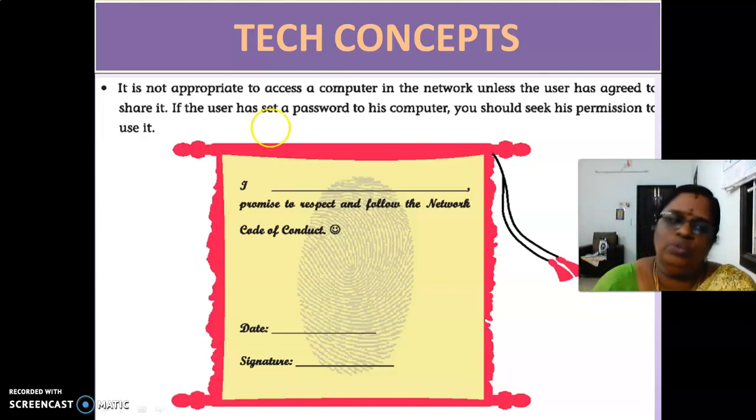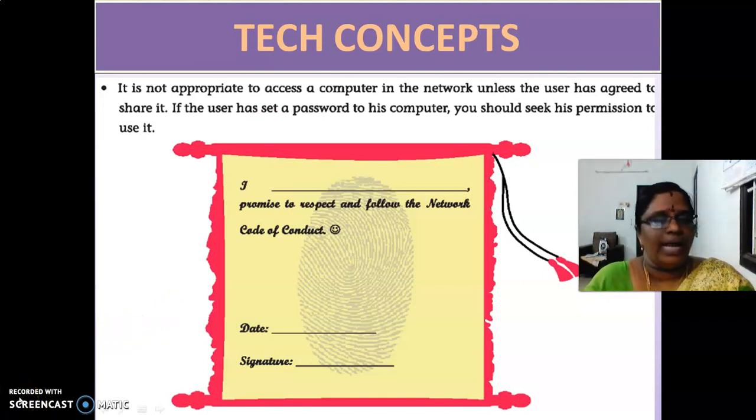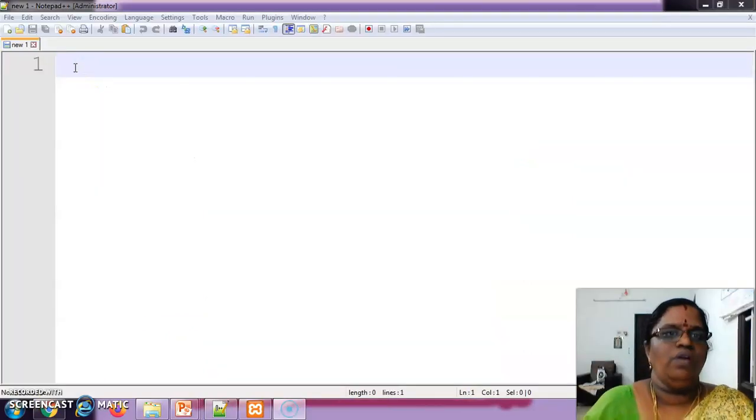I will show you the form required program. I'll type and show you how it works. Okay. So we are going to type HTML for form required.